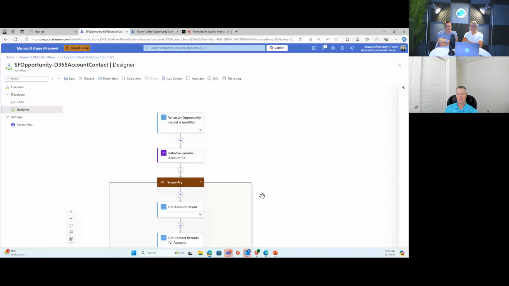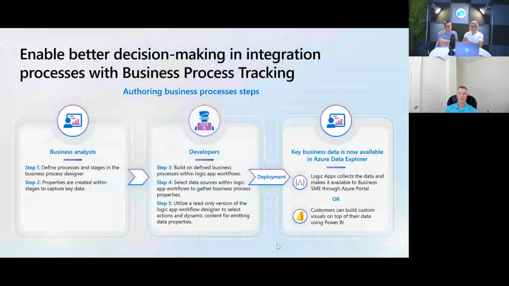Now, I'm going to just show a couple slides and then I'll show the demo here as well. And so the whole goal here is how do we take this important business data and expose it to those stakeholders? Because they're stakeholders for a reason. You don't just build integration for the sake of integration. It's because you're solving a business problem. Now, what we want to do is involve the business subject matter experts. They're the ones that typically know the process the best. And they're also the ones that know what data they're interested in.